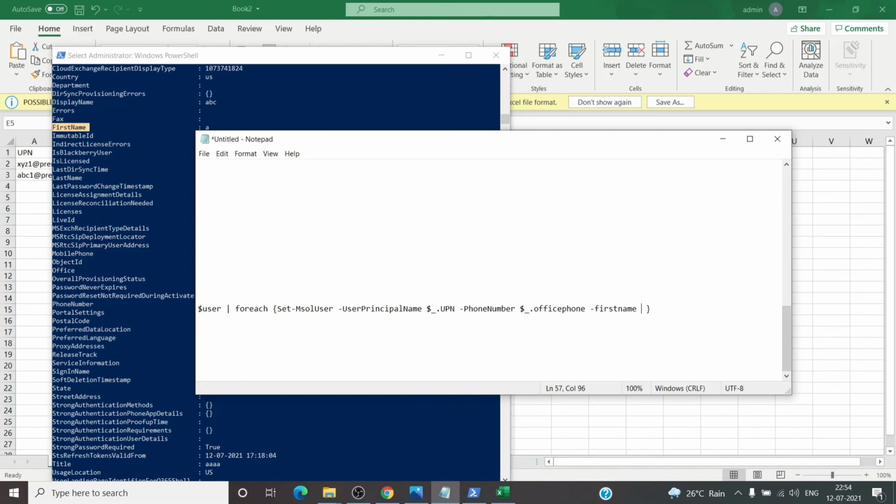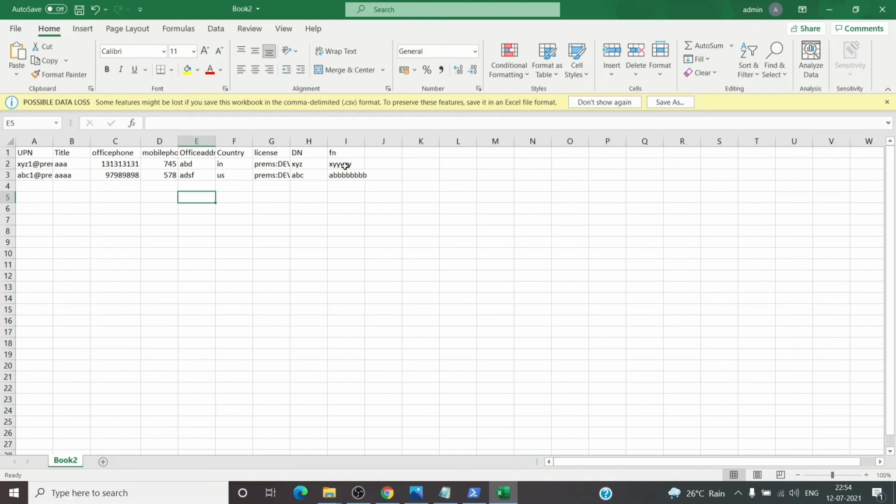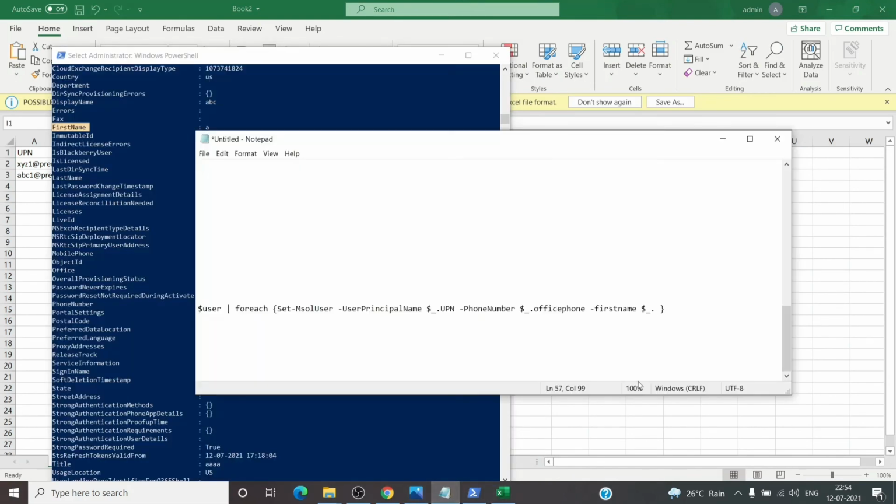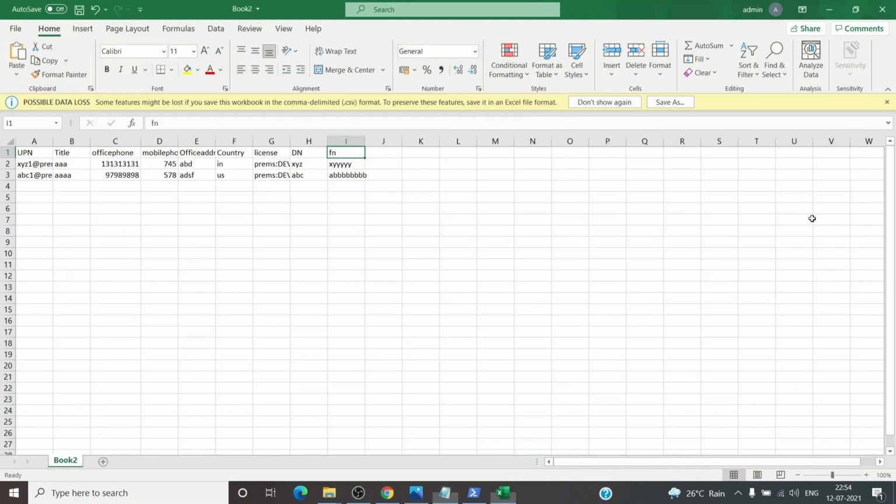First name followed by $_period and the tab name which we have here. So FN. Perfect. So these two will be changed in the user account using the set command, and before that we'll save